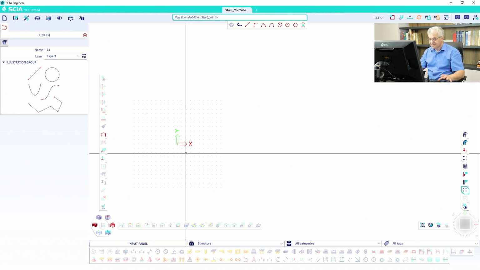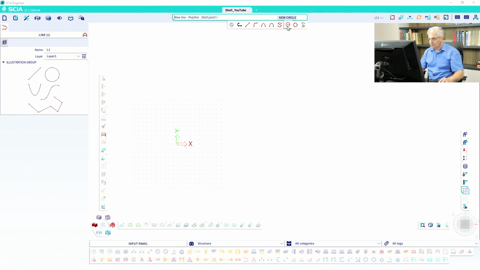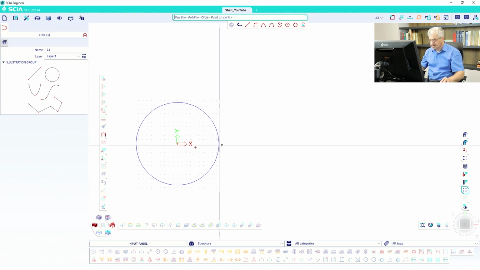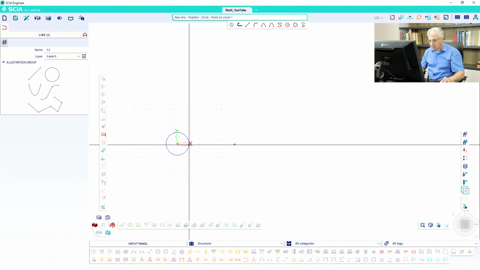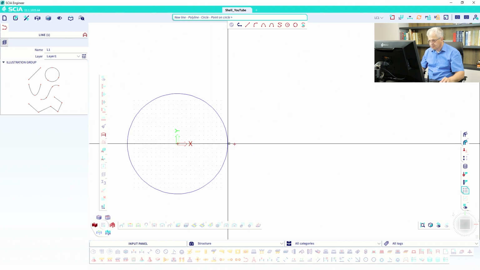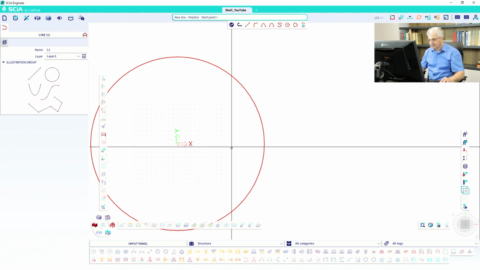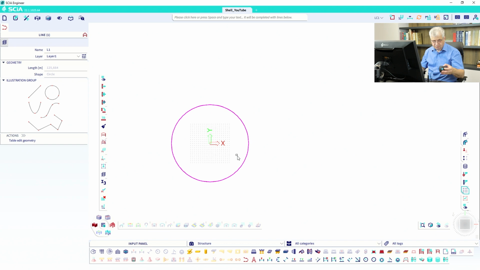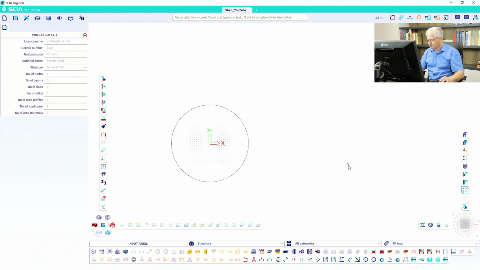So this is a line. I use the circle, start with 0, enter, and go to, let's say, 20 meters. Okay. Escape, or you can do escape on some mouse key. So the next line,